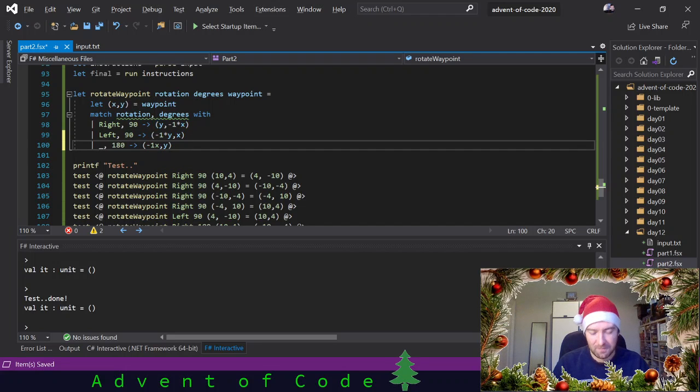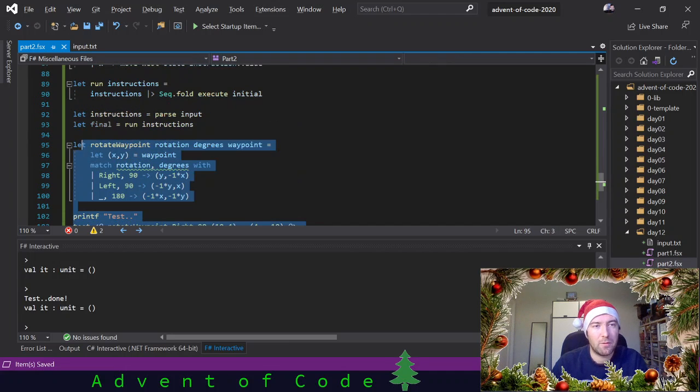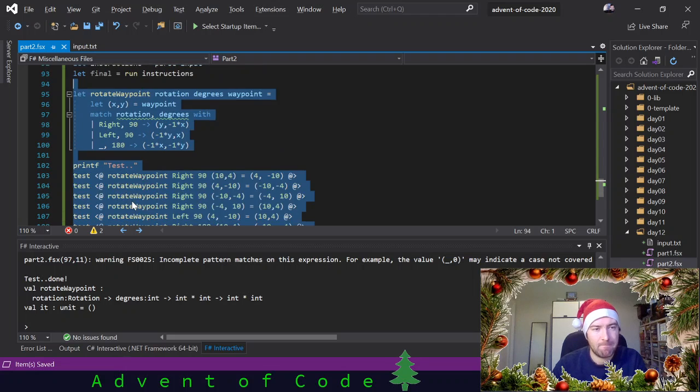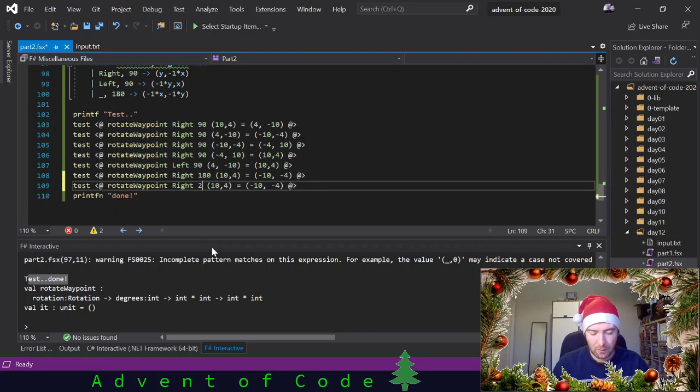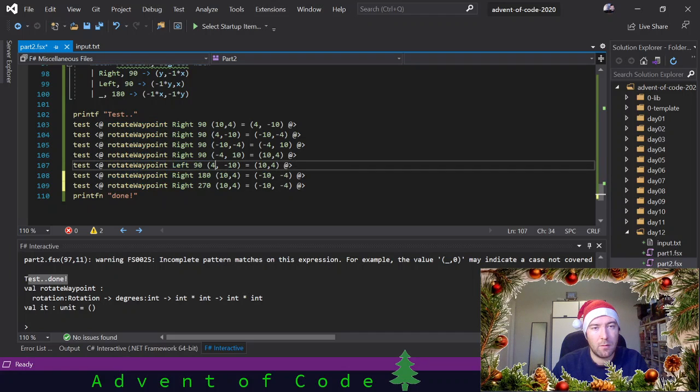So it's -1 and -1. I think this is rotation of 180 degrees figured out. Yes, that's done. And then we have the last part of rotation, which is the 270. So for example, if we rotate right for 270 degrees, that's actually easy because that's the same as rotating left for 270 degrees. And again, this is a very good use case for property-based testing, because now you could say